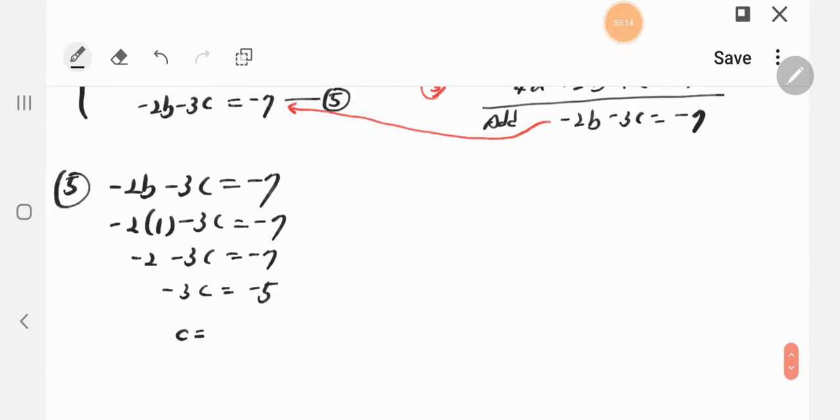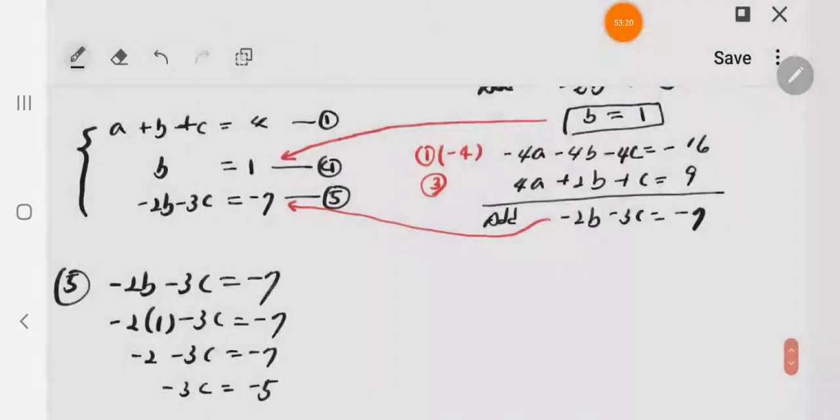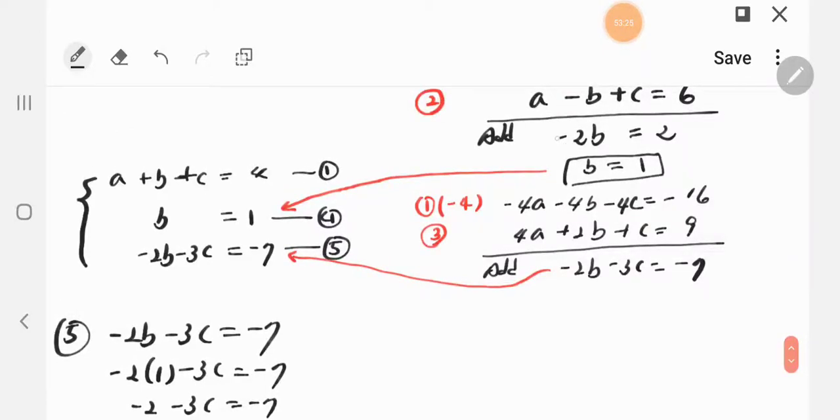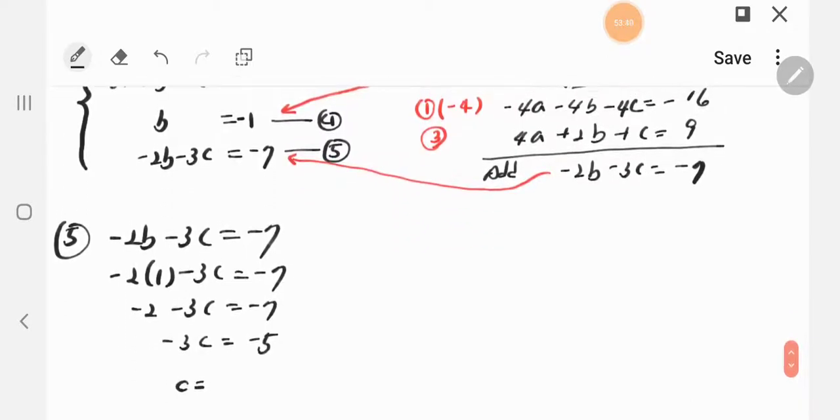Wait a minute. One moment. The b value is actually negative 1. There's a mistake here also. When you divide this by negative 2, then b will be negative 1. So from the fifth equation, b is negative 1, so this will be positive 2. So negative 3c is equal to negative 9 on each side. Then c will be